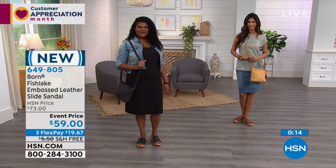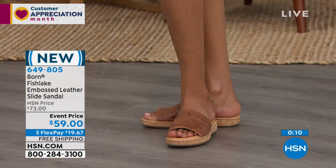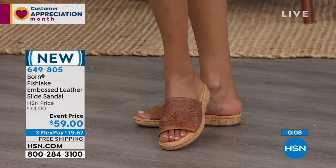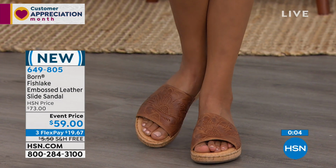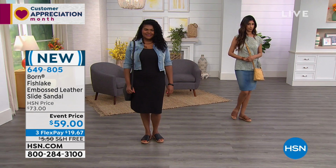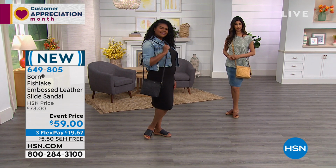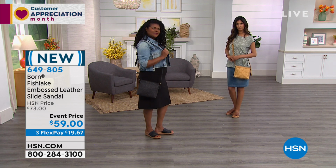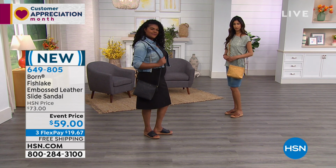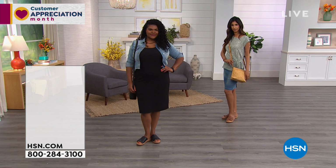I love it. And don't forget, you can also choose them in more of the natural or neutral colors. So we have them in black, we have them in the natural, which is the lightest sand, and then the tan, which is more of a honey tone color. Sizes 6 through 11, whole sizes only. So if you're half size, Karen? If you're half size, size up. Perfect. So if I'm a 7.5, I go to an 8. I also love that it has that leather lining, which also keeps the foot cool and dry. And as we go into the warmer months, when you slide into those shoes, they're just gonna feel